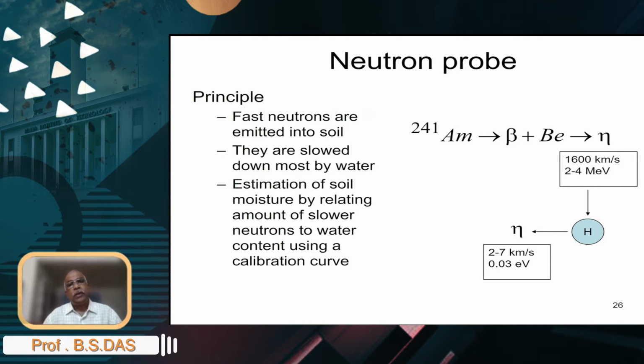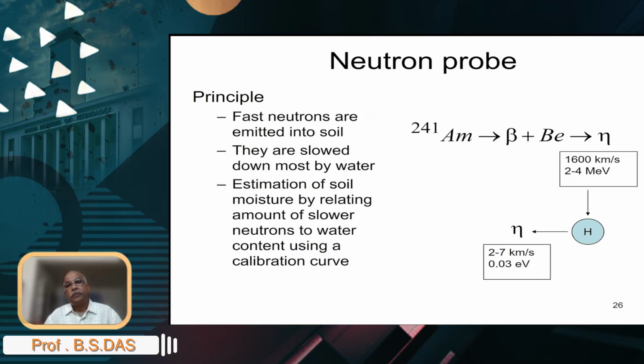Americium emits alpha particles which interact with the beryllium atom and release very fast neutrons, and these fast neutrons have very high energy, about 2 to 4 million